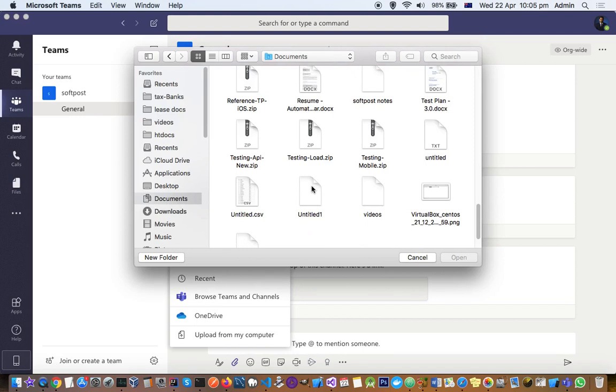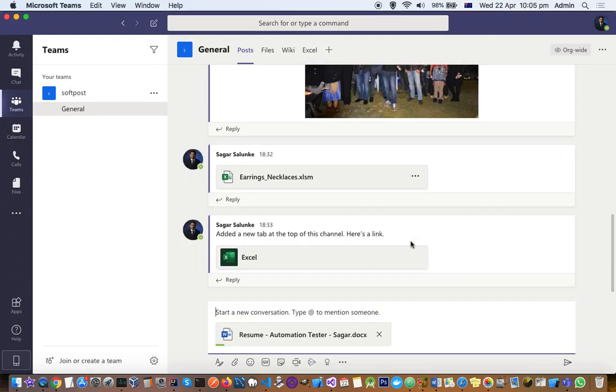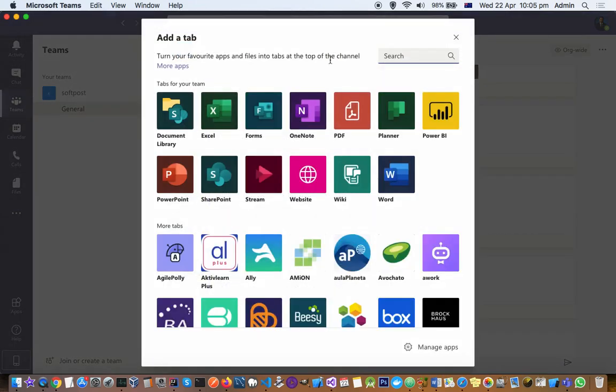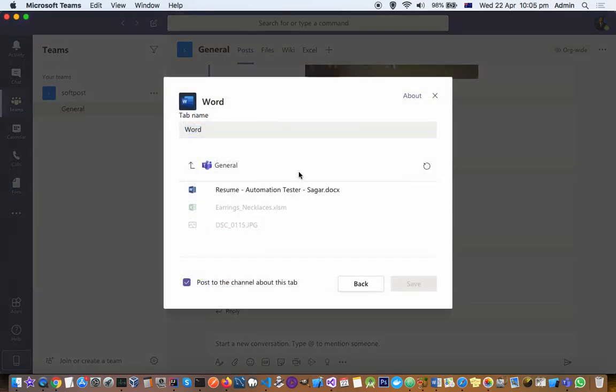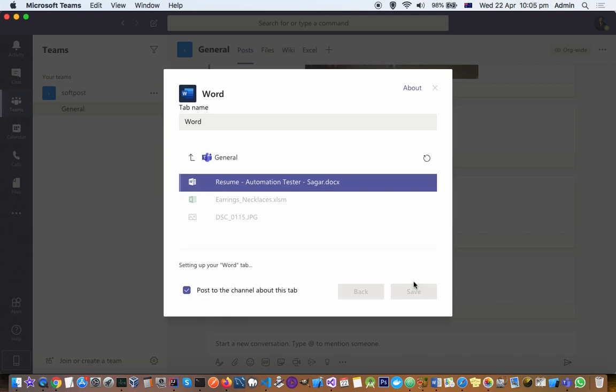Let us say this one. Once the document is uploaded, now if you go to the plus button here, you can go to Microsoft Word, and you can see it shows the document that we have uploaded. Then you can click on save,